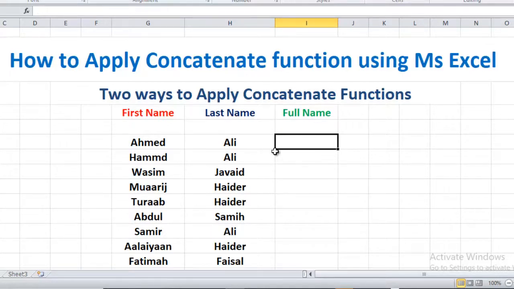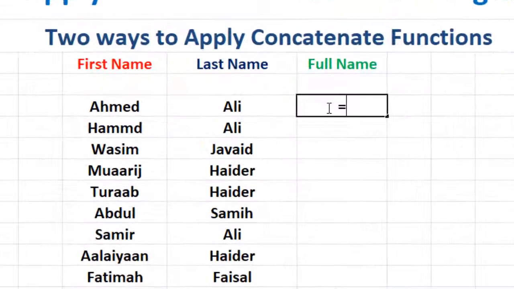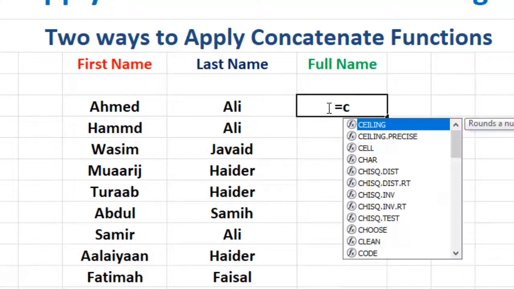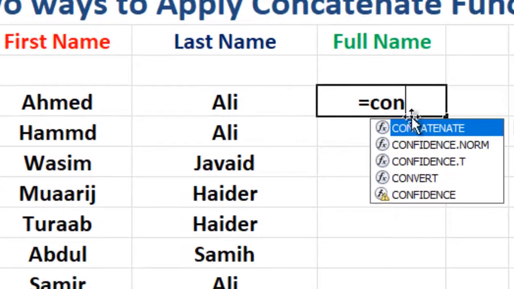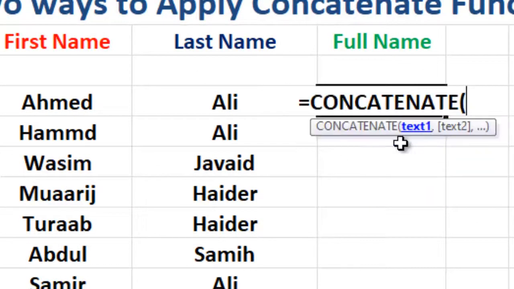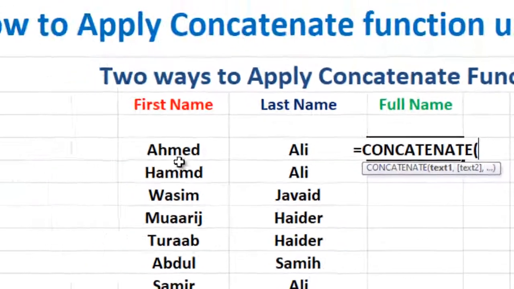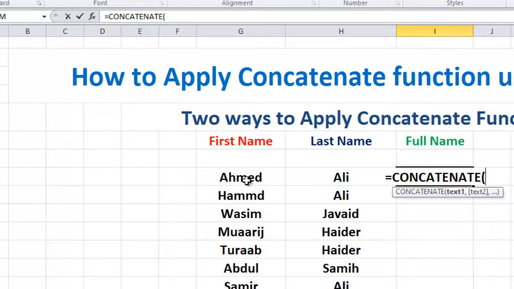First of all, we need to write a concatenate function over here. First we put an equal to sign, and then we write concatenate, which will appear at the bottom. Double click here. Now I want to select this cell, G8.